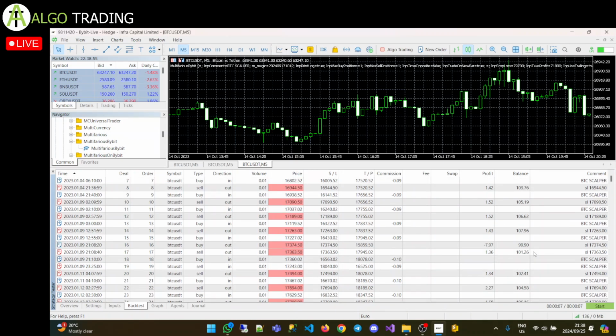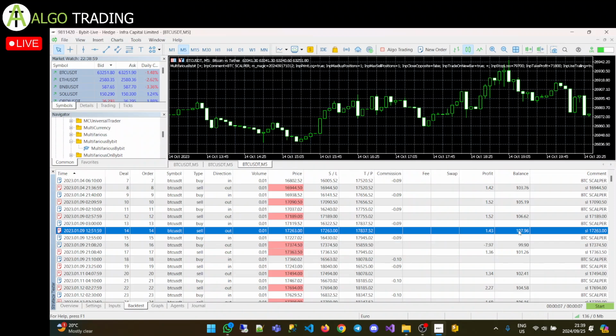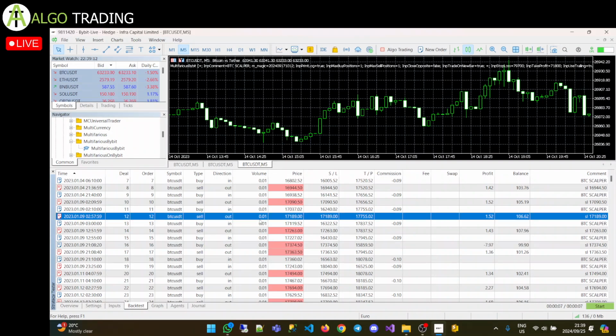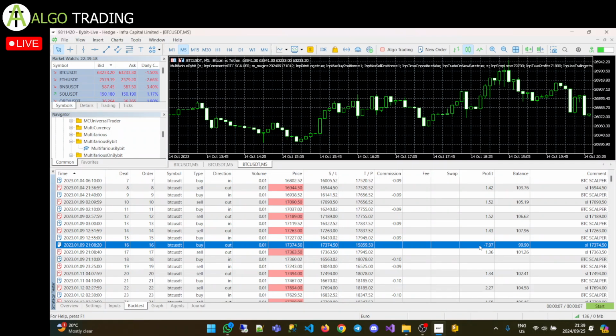So if you look at our first loss, we had $107 in that stage. It was almost $8. That is almost 7.5%, 8% of our equity in the loss that we're taking. And that is due to the minimum volume or the minimum lot. We cannot get lower than this. So we cannot actually risk 1% of $100, because we cannot get lower in the amount of volume that we are actually